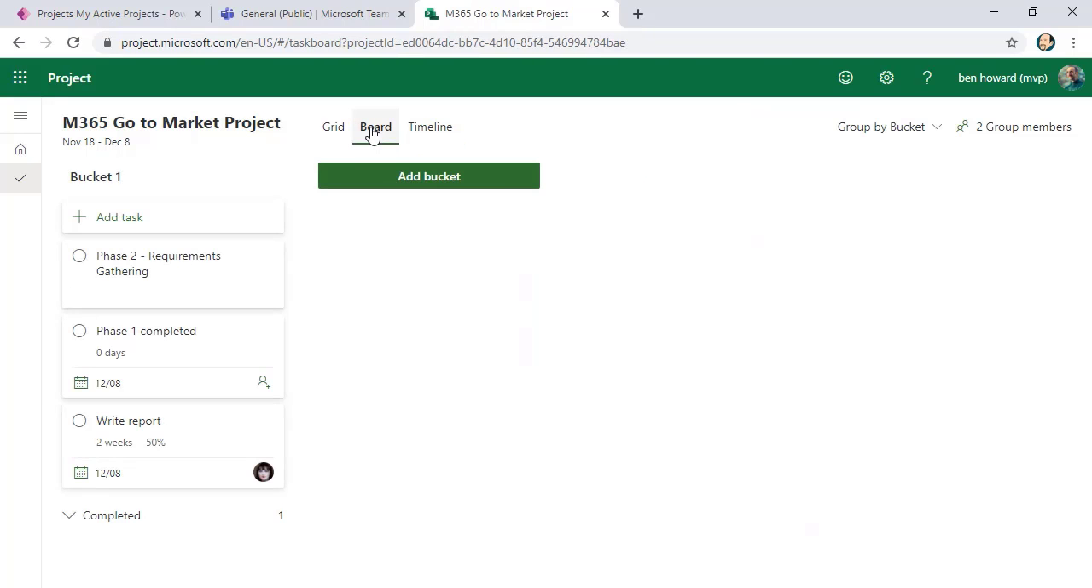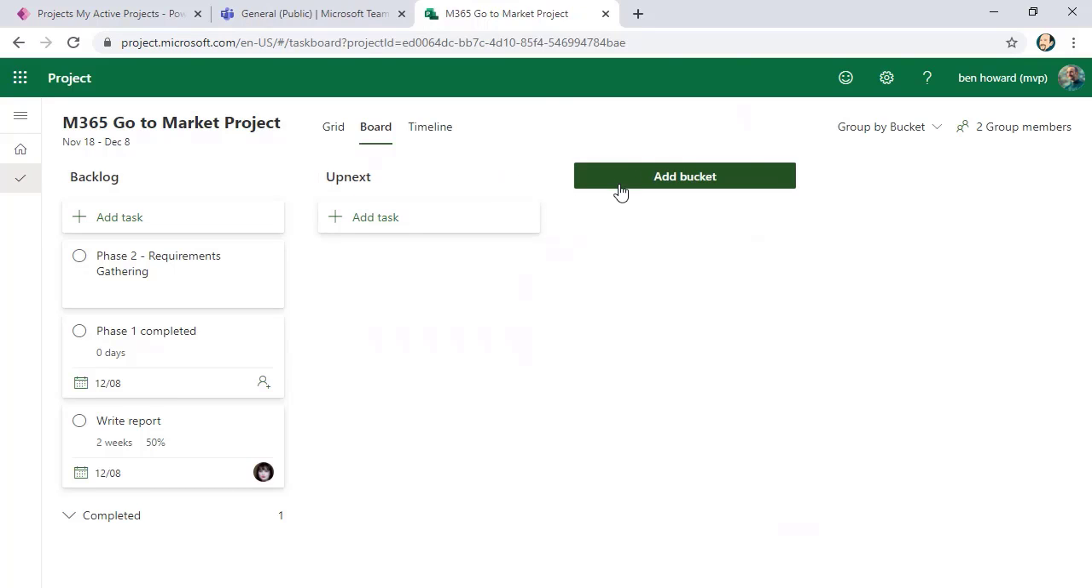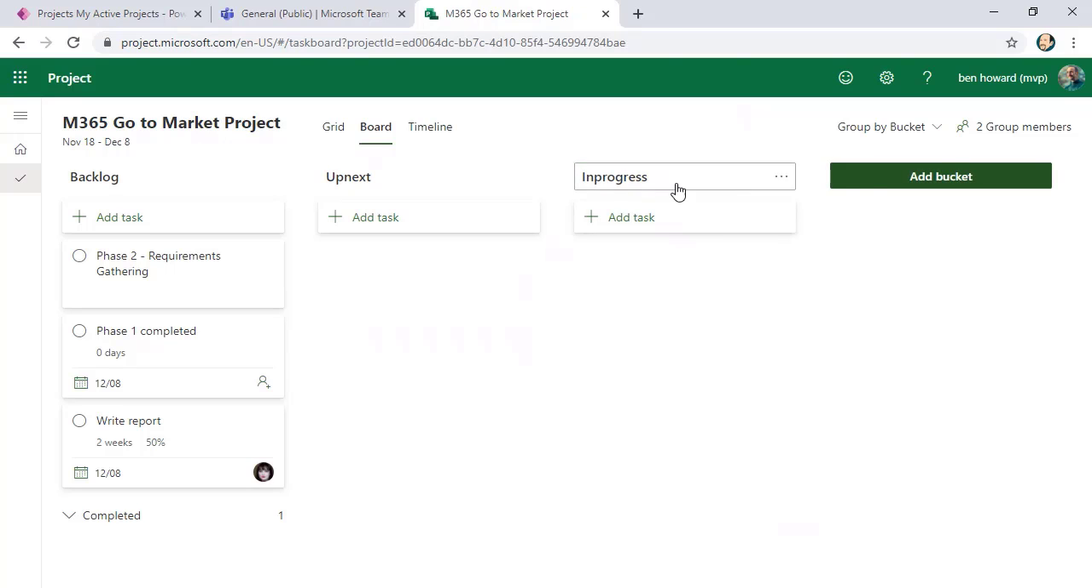The board is much more of a Kanban style tool. Buckets, and I can rename these buckets. So let's just have a look at bucket 1, and we'll call this backlog. Might be working in that sort of agile way. We might have this as up next, then this one as in progress, and then of course we might have a completed